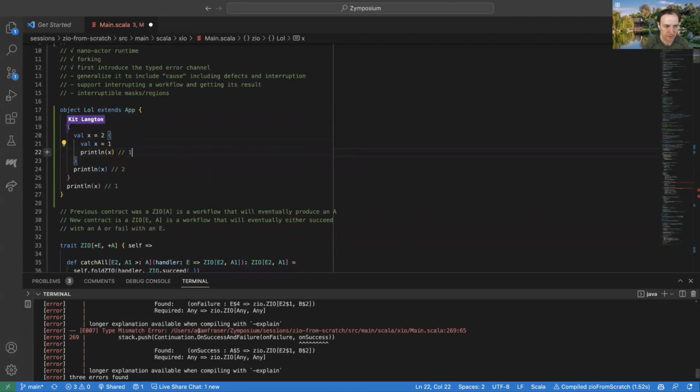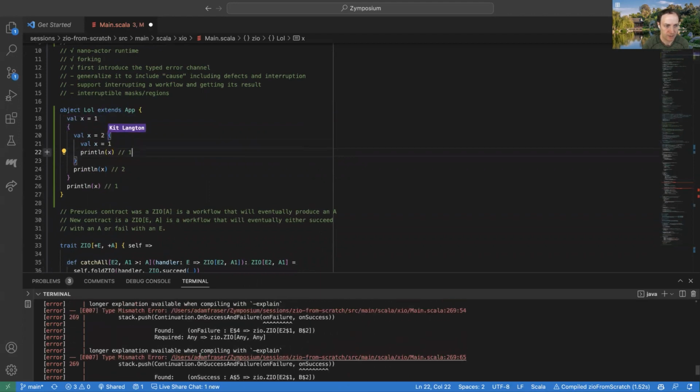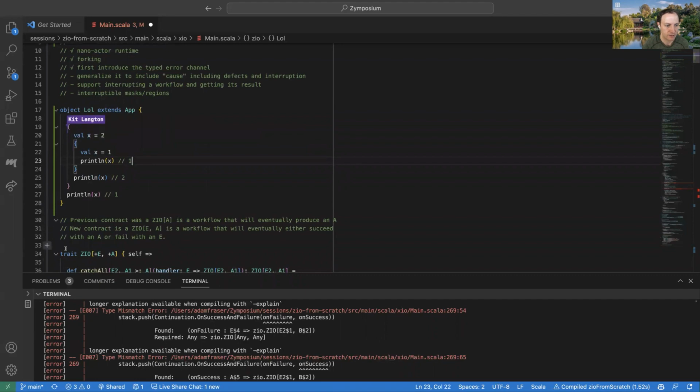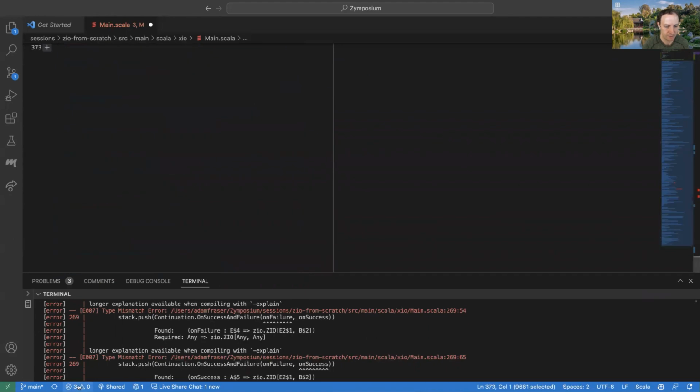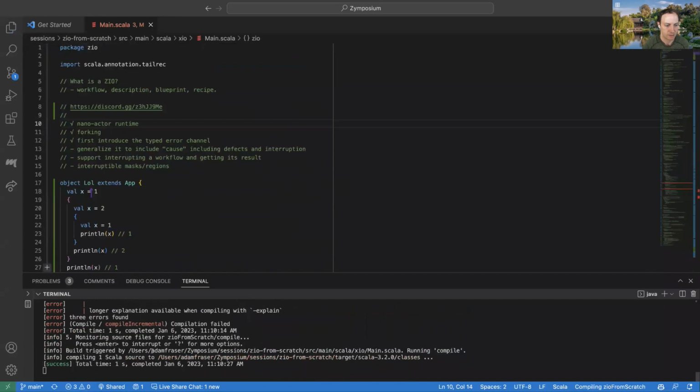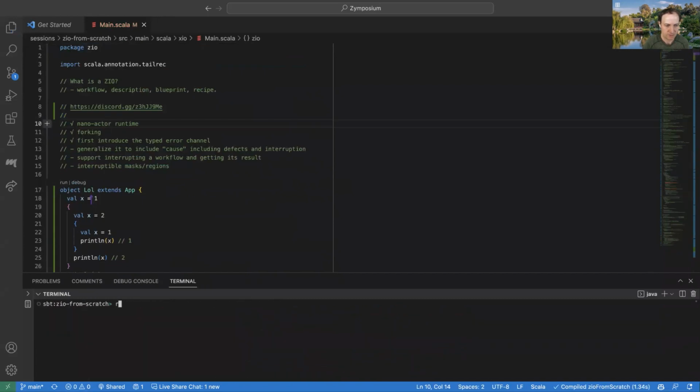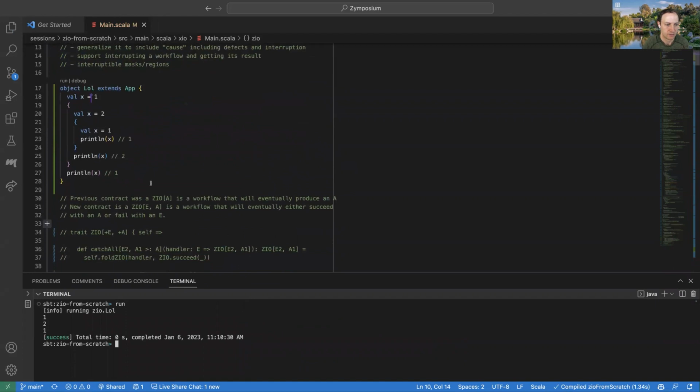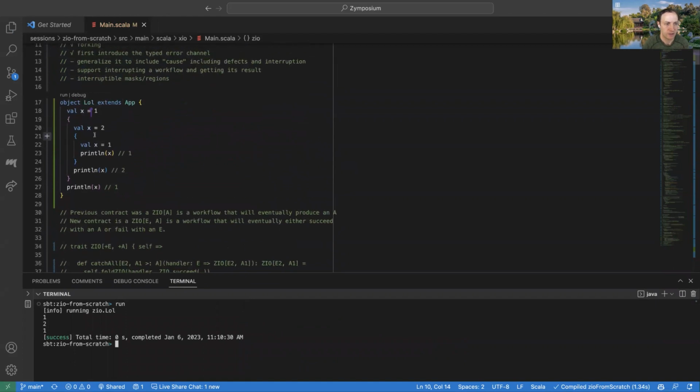We'll come back to these errors in a second. Maybe let me just comment this out so we can get this to run. So, let's run this thing here. You can see it prints out 1 within this block.